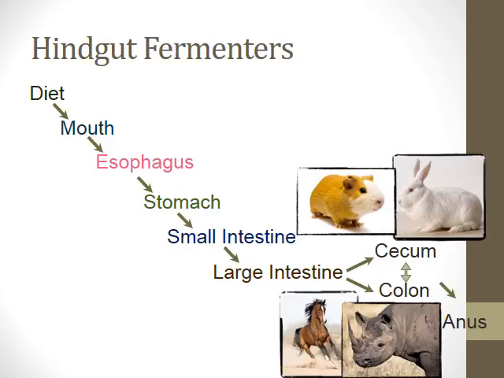And then you have two different types of hindgut fermenters. One are cecal fermenters, such as the rabbit and the guinea pig. And the other are colon fermenters, like the rhinoceros and the horse. And ultimately, after fermentation occurs in the large intestine, the animal passes the feces through the